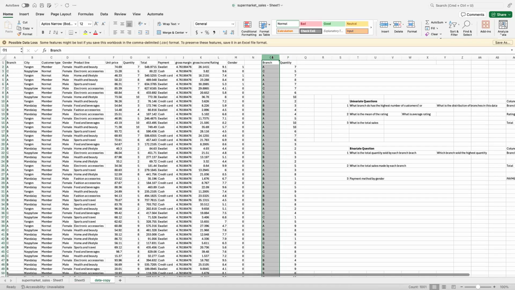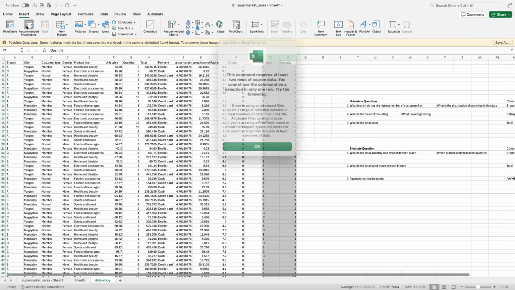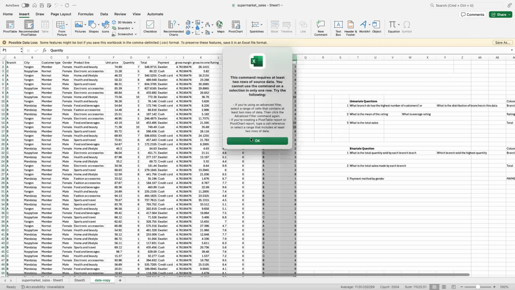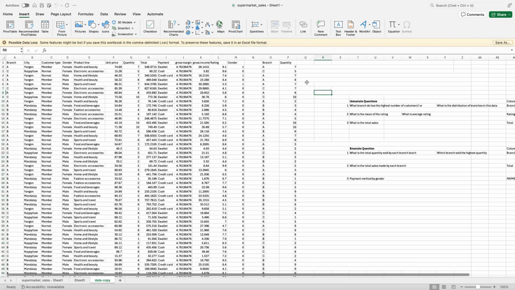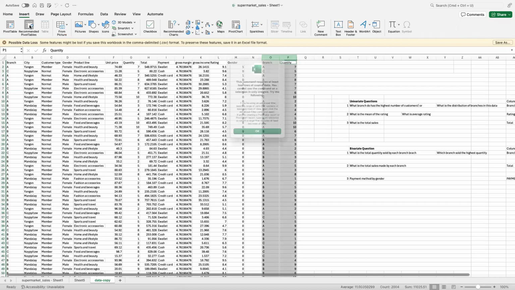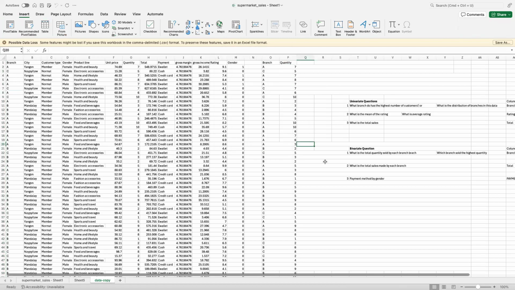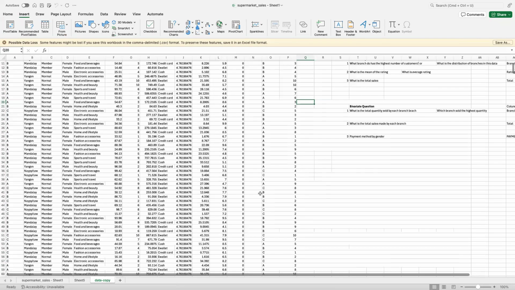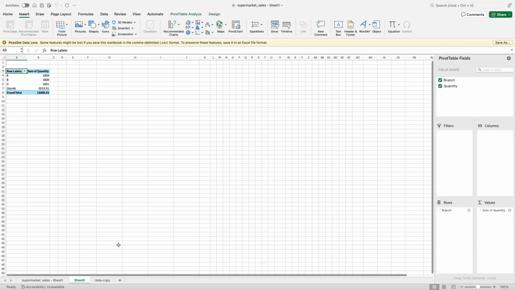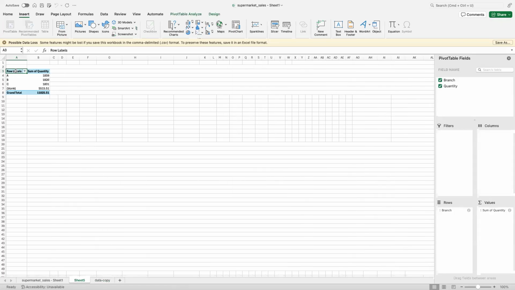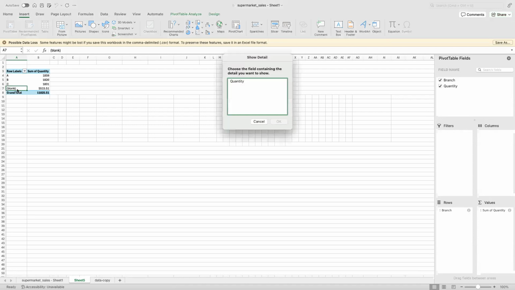So you see what I did here. I just did two columns. I did insert, recommended pivot. What's it saying? Does it want me to select it again? It says the command requires at least two rows. I selected two rows already, but whatever. You guys get the gist. So this is... I don't know what this blank means, but